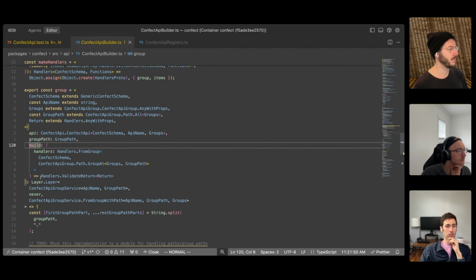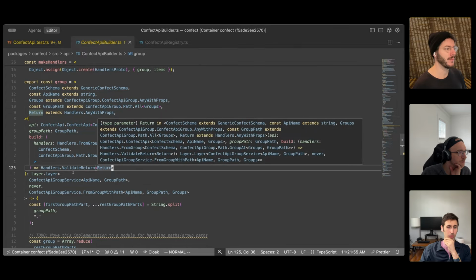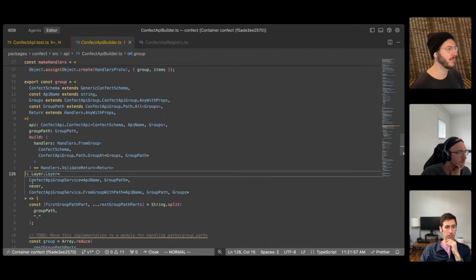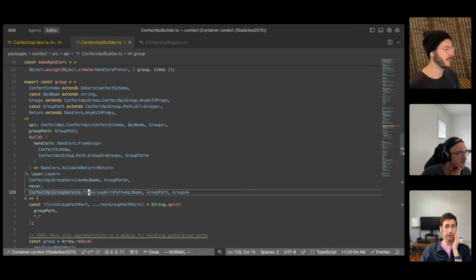The returned handlers should be fully implemented. And we return a layer with this group service, which provides this group service and has dependencies on